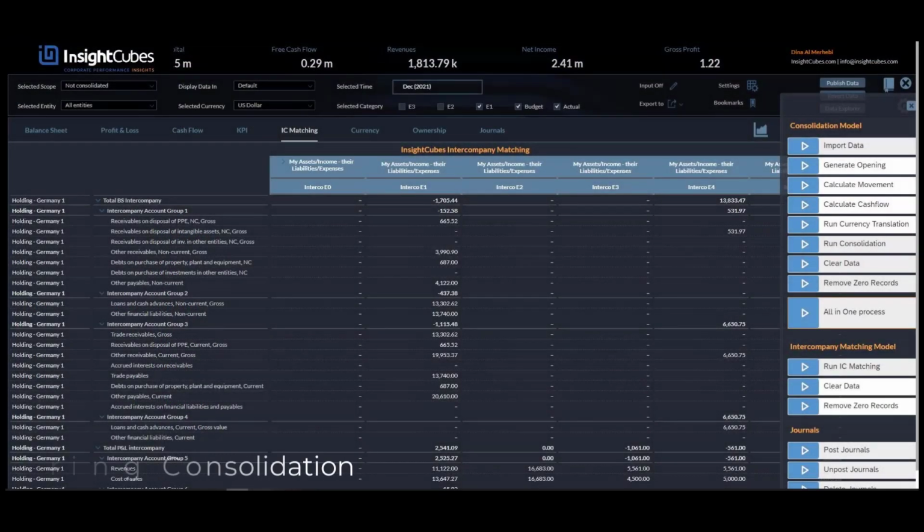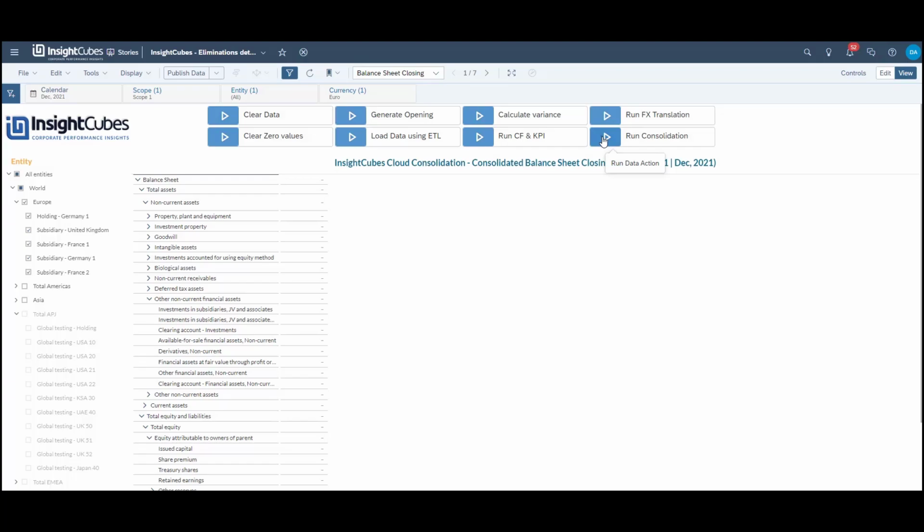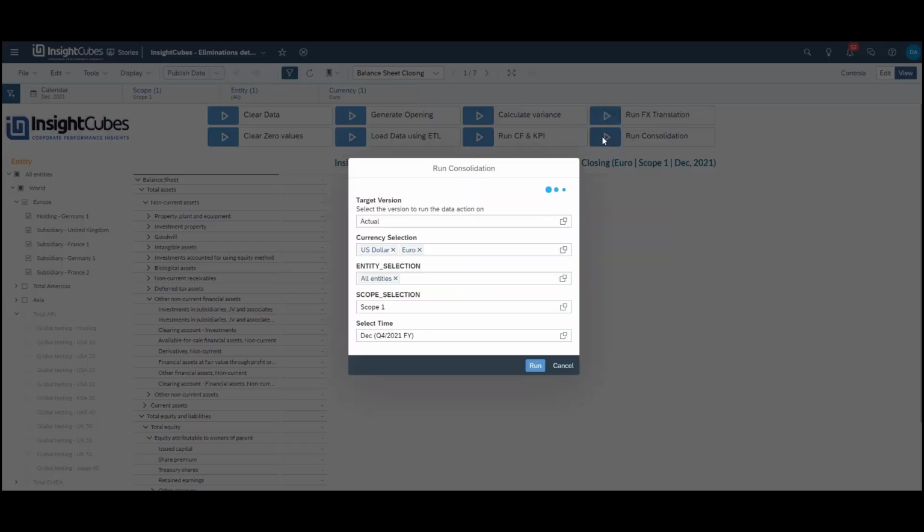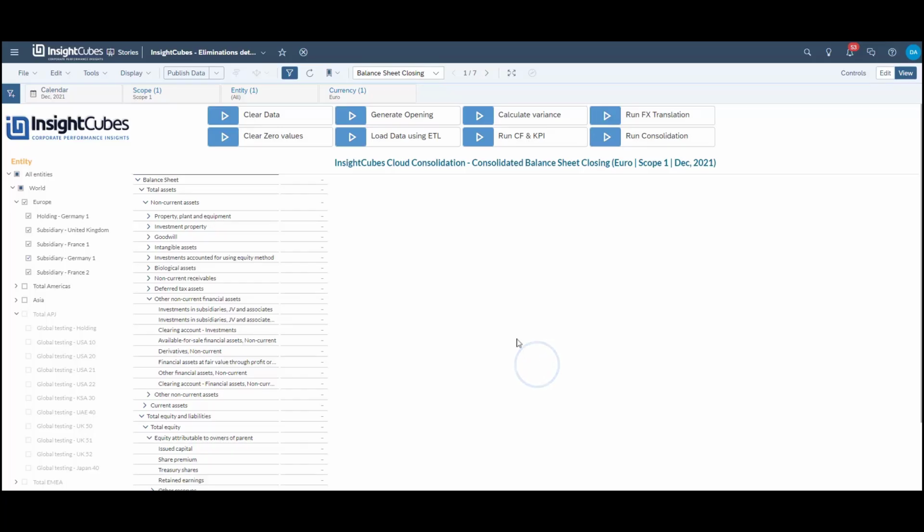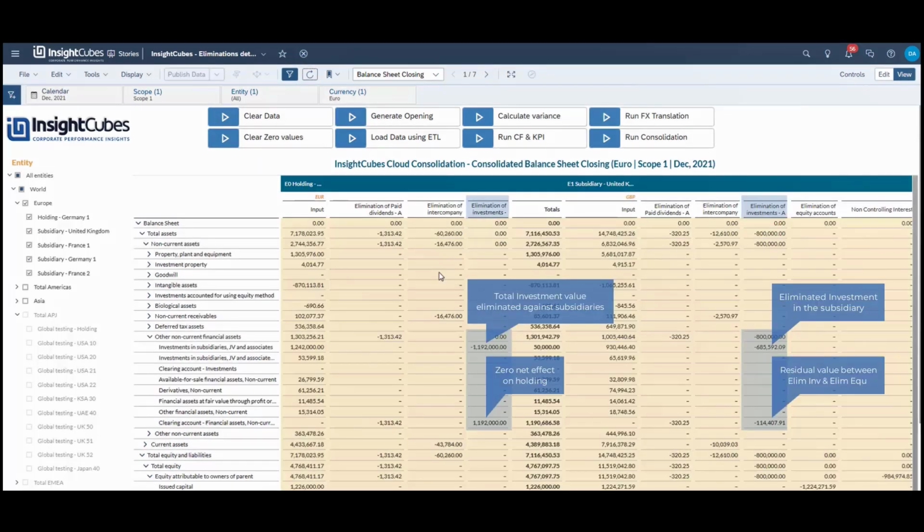After checking the intercompany matching results, or even without it, we proceed to run the consolidation process. This process will take the consolidation method into consideration. Each method has a specific set of automated eliminations and adjustment rules. As we go through this ad hoc report, we can see that the system eliminated the investment by the holding